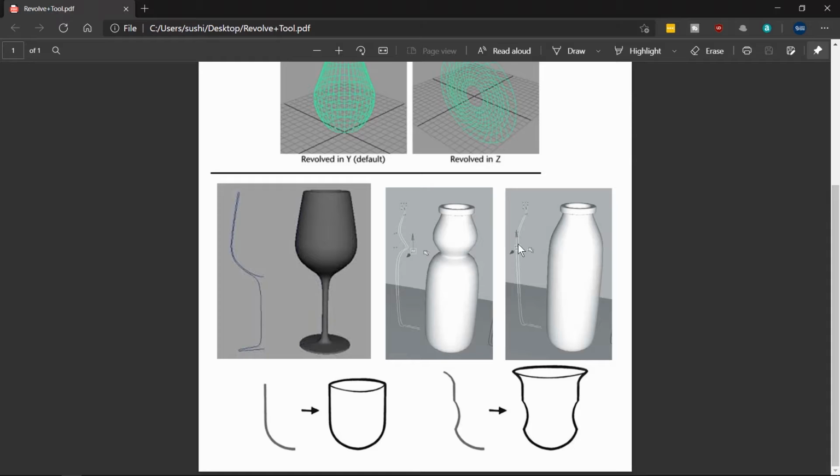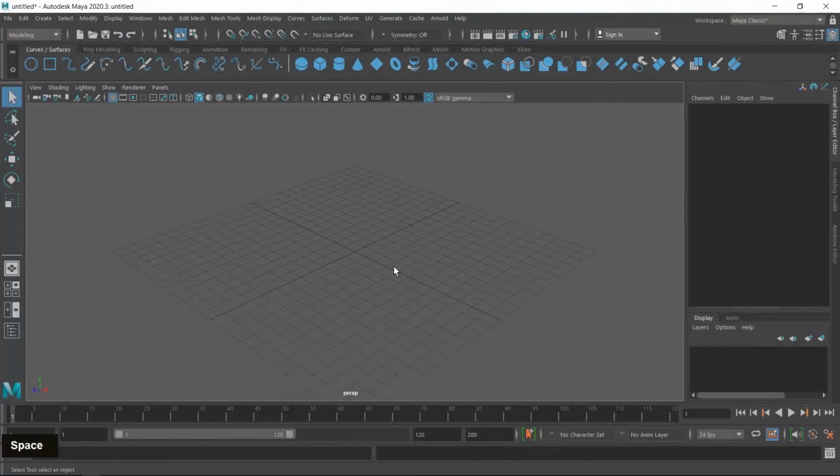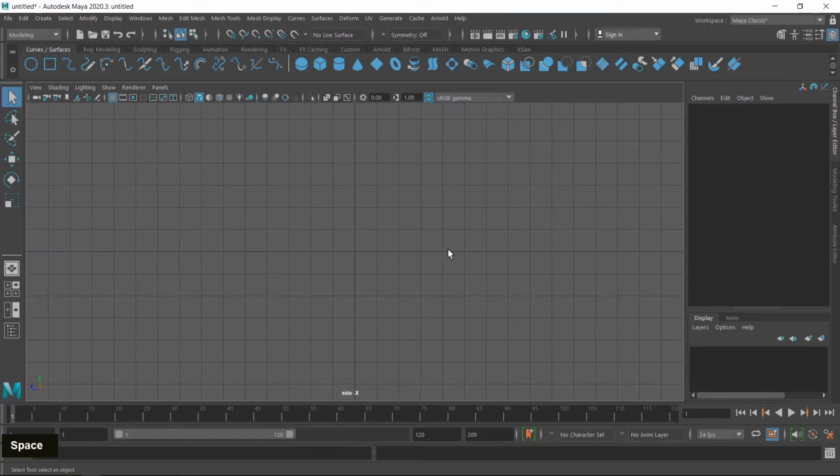So I quickly create a Christmas tree shape. I switch to Maya, switch to the side viewport, choose the EP curve tool and create a Christmas tree shape. I just quickly create some zigzag curve here. So it's the first curve, and the second curve is for this base.